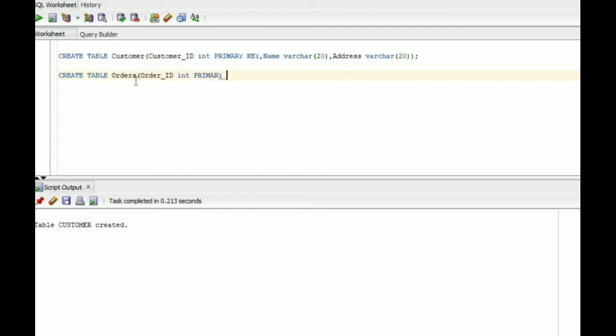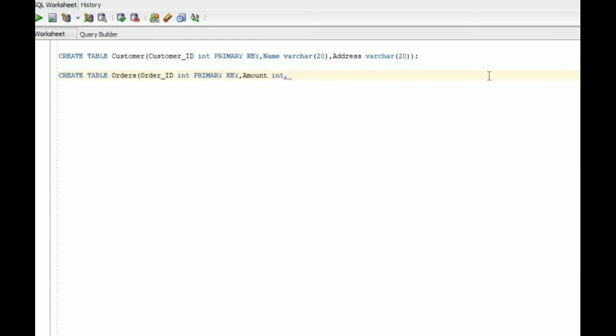Order ID is a primary key here. There are two more fields, amount and CID. CID should be of the same data type as in the customer table, that is customer ID. We use int here. Now we will create the foreign key. Write foreign key.